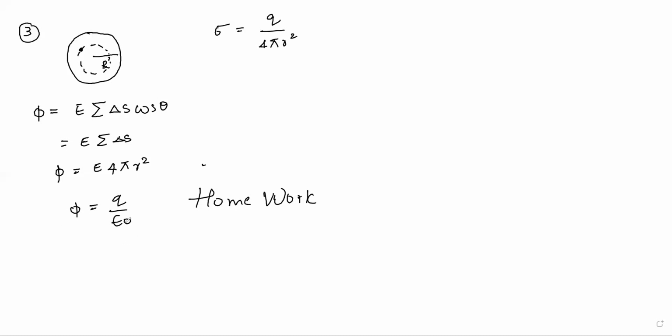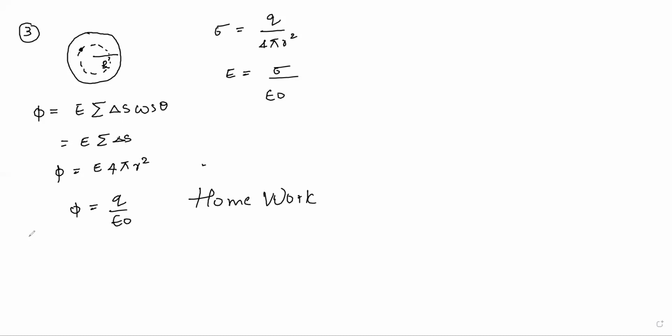I could solve every single step like in the earlier revision, but now in this third case, I'm giving you the hint. You have the first case, you have the second case, and you have this reference expression, that is sigma is equal to q by 4 pi r square. The second expression for the second case is E is equal to sigma by epsilon naught. So use these two to arrive at this equation, and then send me a PDF as homework.